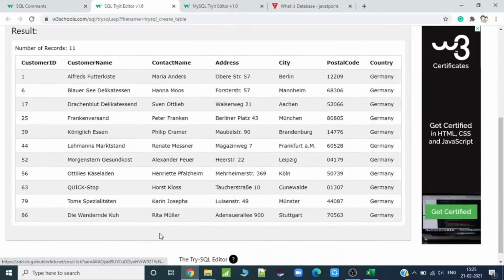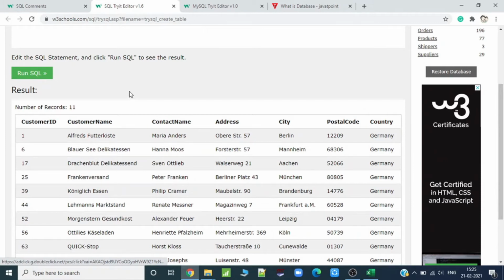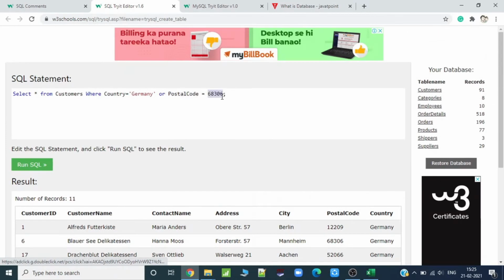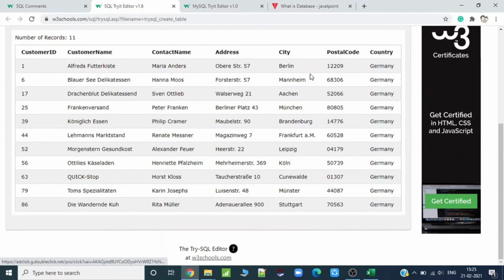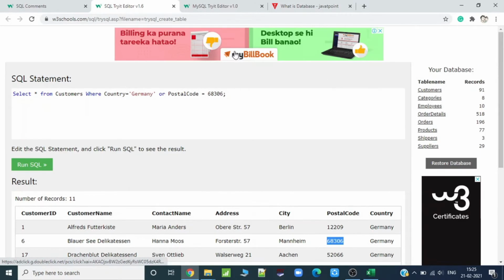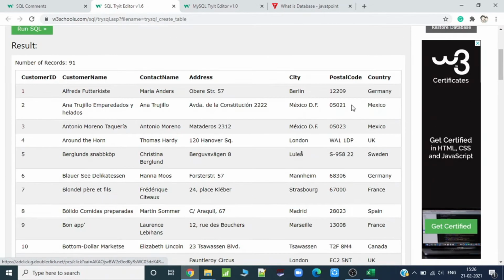It will print all those rows. So you can see a total of 11 records, because the postal code result is a subset of this one only, right? So the country is this, or the postal code is this one, right? I would just give you a clearer example. Run SQL. There is a postal code 05021 and the country is Germany.